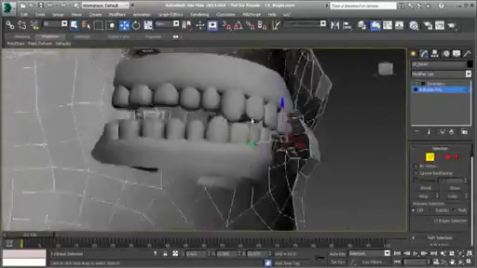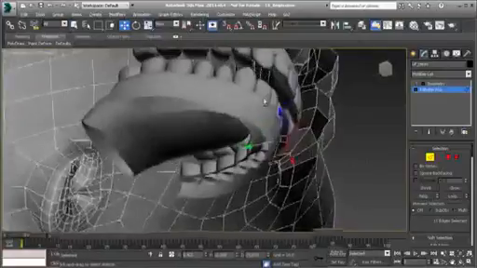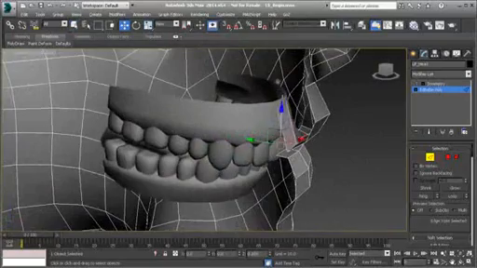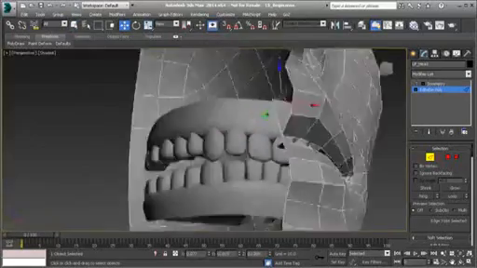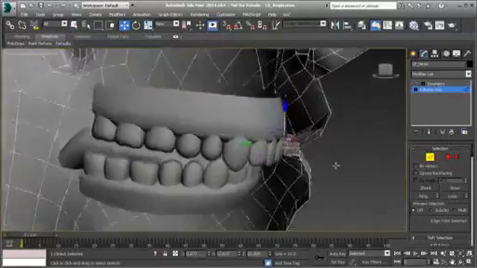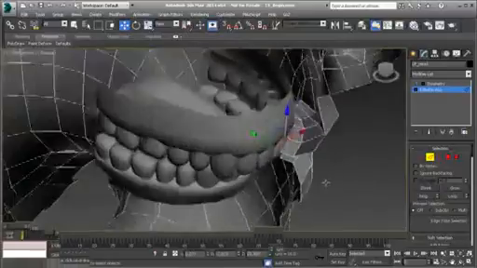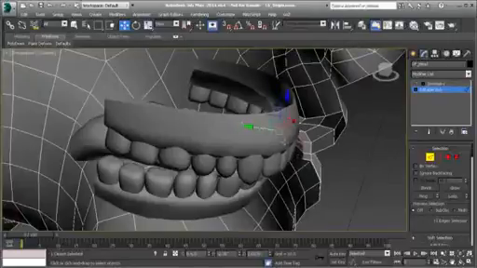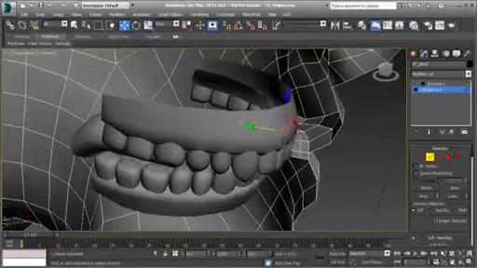Now, whenever working on the interior of the mouth, you've got to contend with the face on the outside. So that's just one of those things that we have to fanning out these vertices on this. So anything that's on the lower